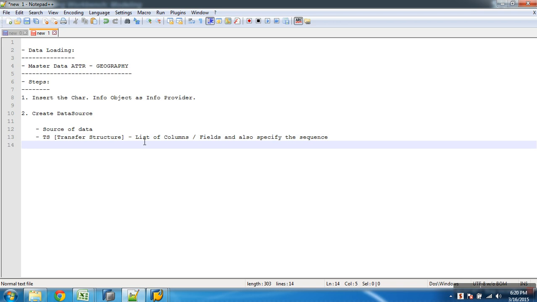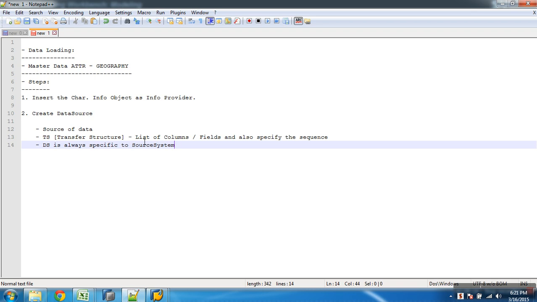And another point, a data source is always specific to the source system. So I create one data source, say DS1, and let's say this DS1 is a flat file. Same way, let's say you are loading it from R3. Even from R3, I can have a data source with the same name, DS1, because DS1 of a flat file is different from DS1 of the R3 connection. So it is always specific to the source.